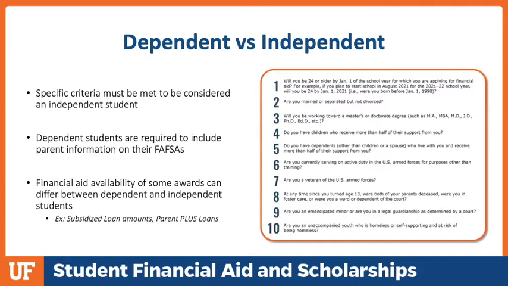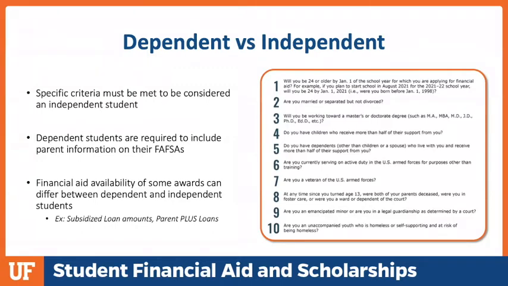Whenever you're completing the FAFSA, there are 10 questions that you'll answer either yes or no to if it's a criteria that you meet. Those 10 questions will help the Department of Education determine whether or not you should be considered an independent